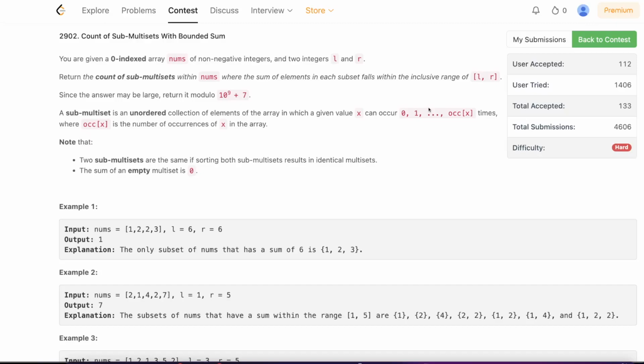Hello everyone, welcome back. In this video, we'll be discussing the last problem of the biweekly contest, count of sub-multisets with bounded sum. The problem is very interesting, but unfortunately it is one of those problems where the author has put unnecessarily strict time complexity, because of which even though your solution is fully correct, you will fail the last few